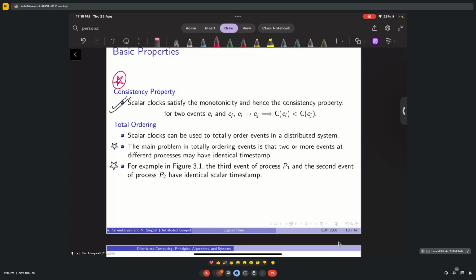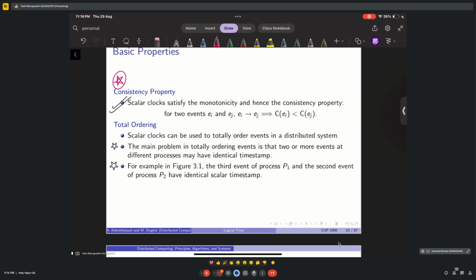The consistency property: scalar clocks satisfy monotonicity and hence the consistency property. For two events, Ei happened before Ej implies the timestamp of Ei is less than the timestamp of Ej. This is correct, but this is not strong consistency. This is only a consistency property because it handles only one direction, unidirectional. What is total ordering? Scalar clocks can be used to totally order events in a distributed system, but the main issue that comes up in this is